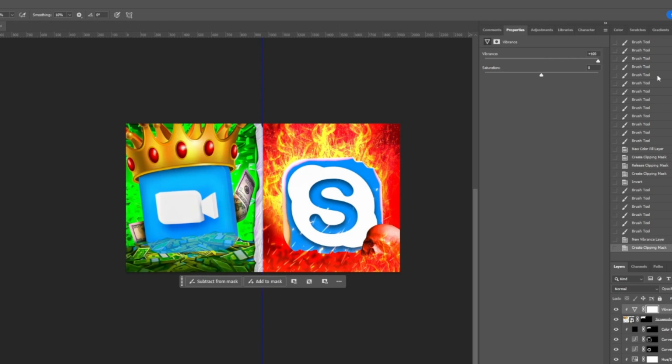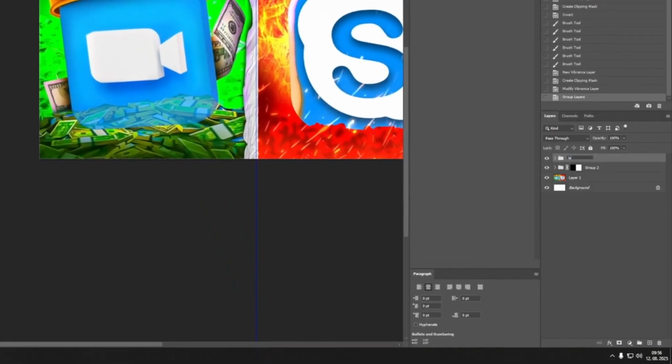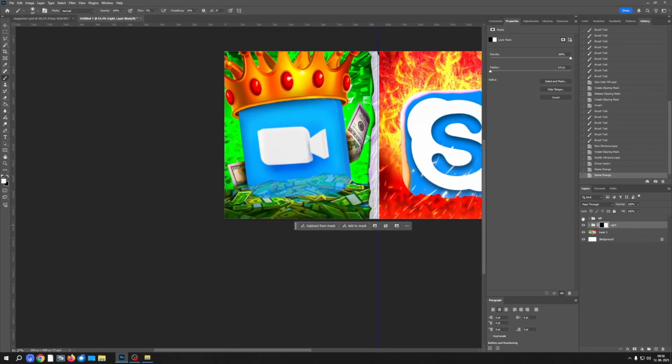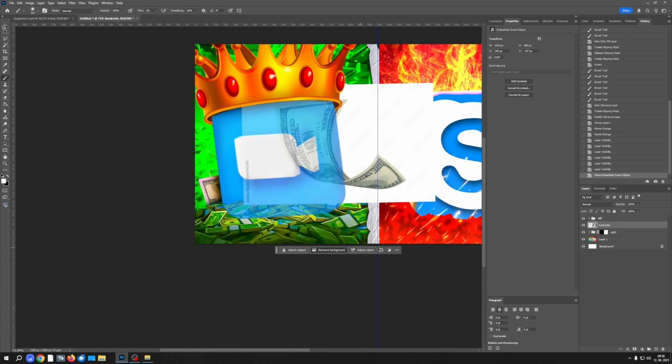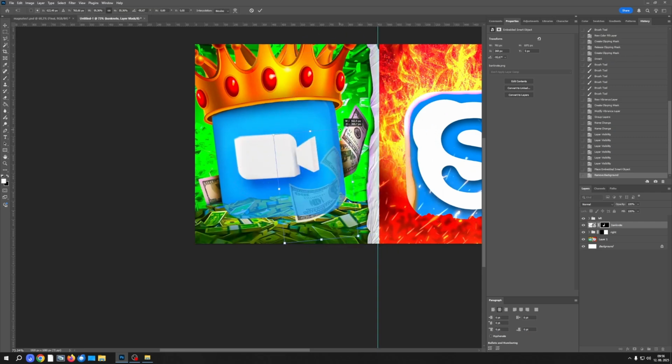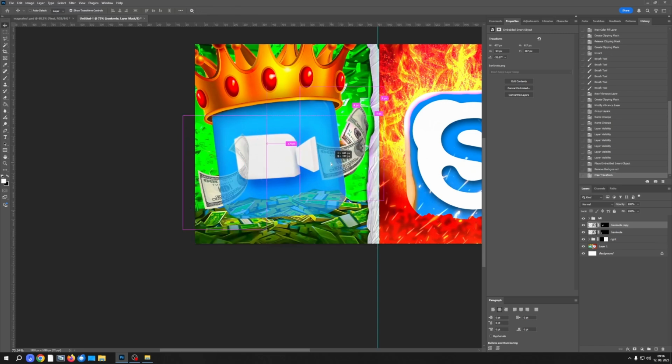add vibrance layer, and then just max out both of these. I will just name this left and right, just so we can see. And now let's add a banknote, remove the background, and then just position it. I will add one here and then duplicate it to here,